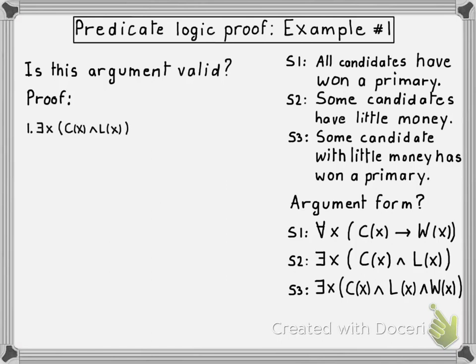So let's pick premise S2 as our first true proposition in the proof. It says there exists x such that C of x and L of x. Therefore, there must exist a specific element in the universe for which C of x and L of x is true. This is the rule called existential instantiation, which we applied to proposition number 1. Now remember, in this rule, we are forced to use a name for a specific element of the universe, but because we don't know what that specific element is, we have to use a name that we haven't used before in the proof, and that's why I chose the constant name A.